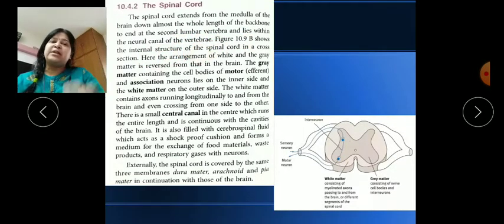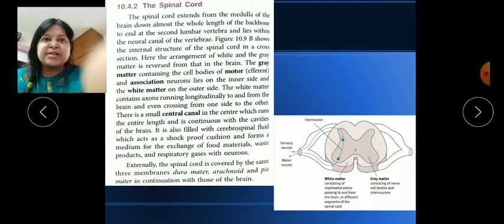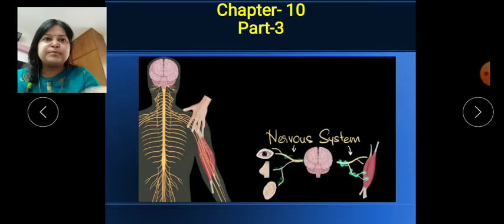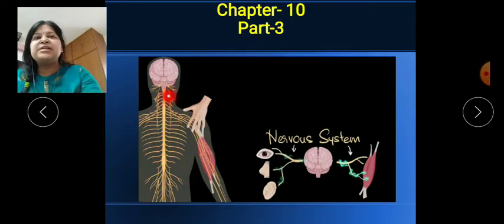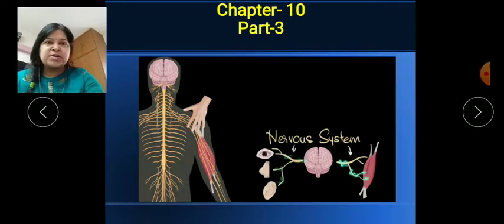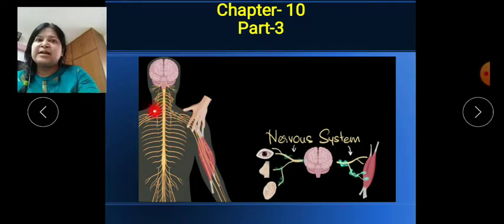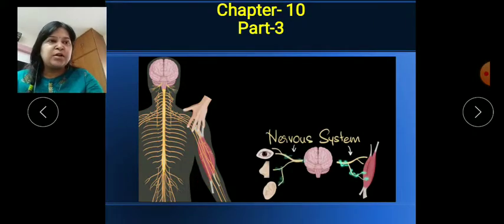In the center of the vertebra we have one neural canal. Okay, so as you can see in this first picture, the neural canal starts from the medulla and extends downwards. So this is our spinal cord, which is protected, and it has a thickness like a pencil. Okay, and all the cranial nerves are attached to it, and then all the spinal nerves also arise from it and are distributed throughout the body.